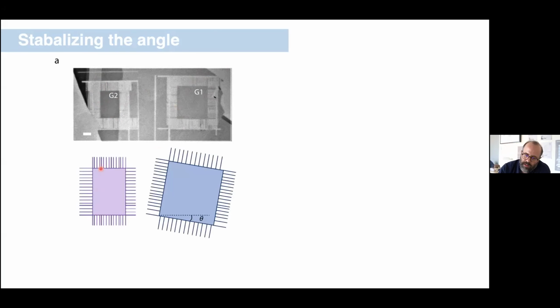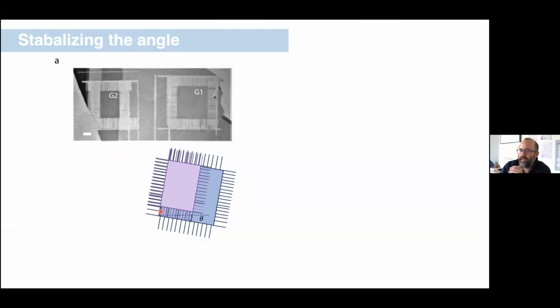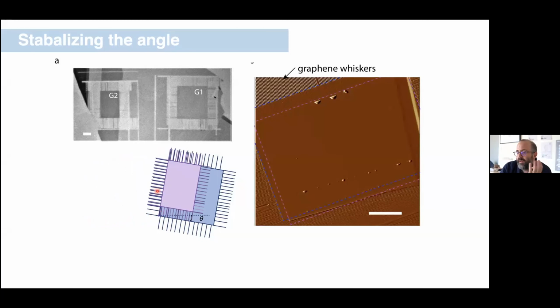And we do something a little bit clever. We etch this edge with a defined orientation, and this edge with a defined orientation that is an angle away from that. So let's call that 1.1, for example, if we target a 1.1 angle mismatch when we bring everything together. We take G2 and we place it on G1 such that these angles are aligned. That means the lattices are now necessarily misaligned by the angle that we decided. And we hope that these comb structures lock everything in place. So that looks to be a fairly good strategy so far.